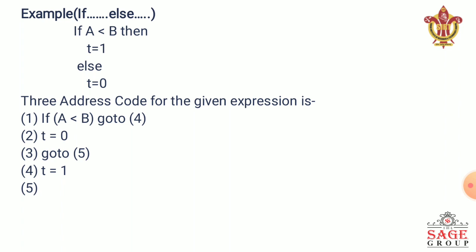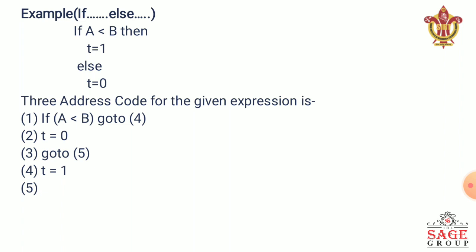And if this condition is not true, meaning a is not less than b, then we switch to the else condition. We want to execute our false part, which is t equal to 0. So statement number 2 directly executes t equal to 0. And we already know that in if-else statements, only one part works, either true or false, and after executing either of them, we can move to another segment of the program.